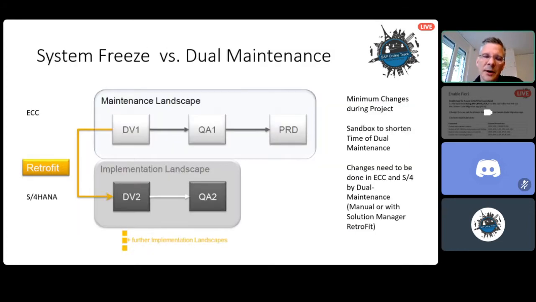And last point I want to mention, and then I think we will have time for questions, is that during the project, it will not be done in a week. Typically, an S/4HANA project is maybe half a year, 9 months, something, maybe more. And therefore, you will have the existing landscape on ECC, development system, quality, and production. And you will have a new landscape with S/4HANA.